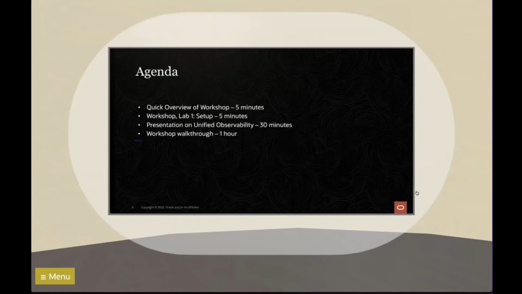So this is our agenda. I'm going to give an overview of the workshop, even less than 5 minutes, and then it's a 5 or 6 minute walkthrough to set up lab one. So that'll give you the architecture and everything. I'll talk about that. Then while you're waiting for the setup to complete, all the provisioning, I'll give a presentation. It's about 30 minutes long. The actual provisioning doesn't take 30 minutes,